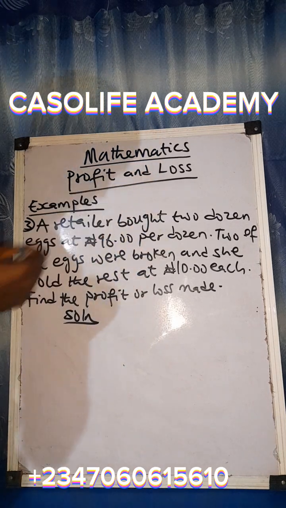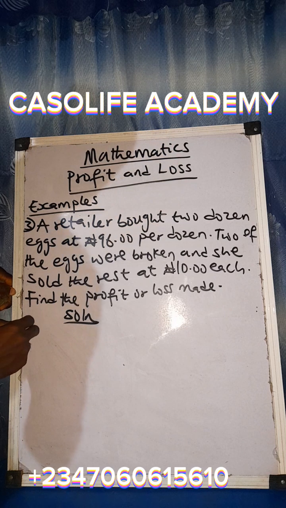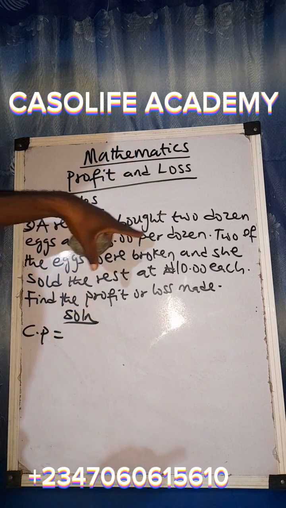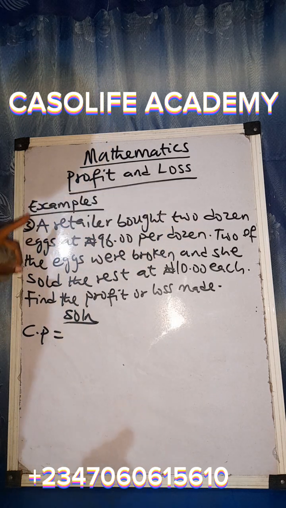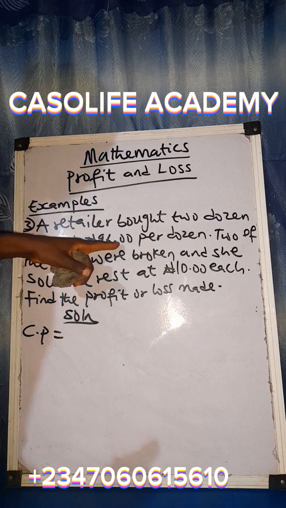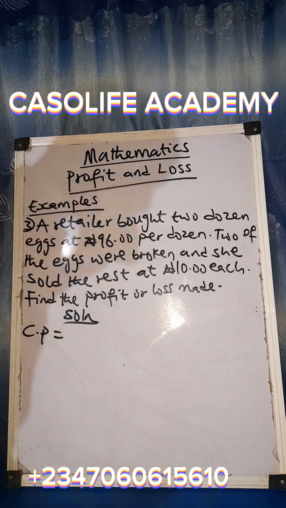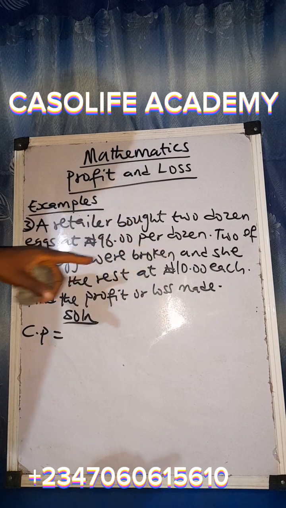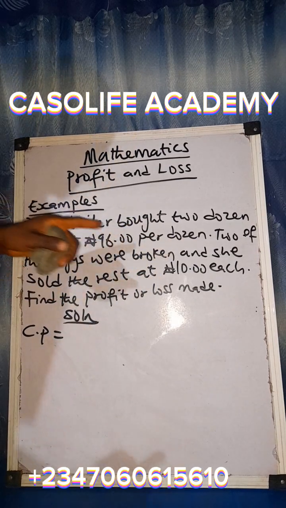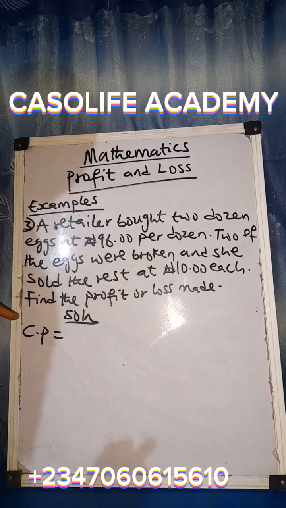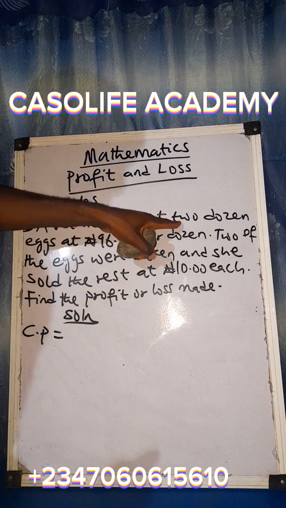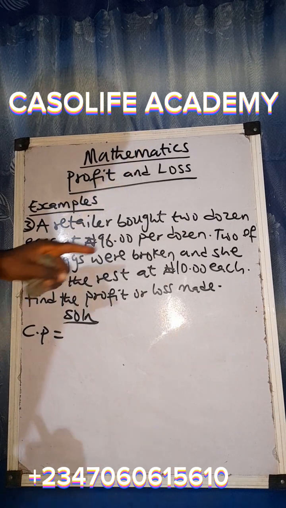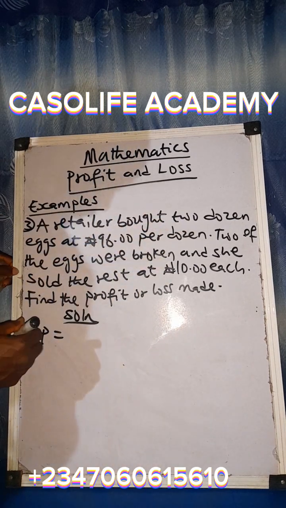So the cost price here will be: she bought 2 dozen eggs at 96 naira for 1 dozen. So per dozen means for 1 dozen, and how many dozen does she buy? 2. And she paid 96 naira for 1 dozen. So meaning that for 2 dozens, she will pay